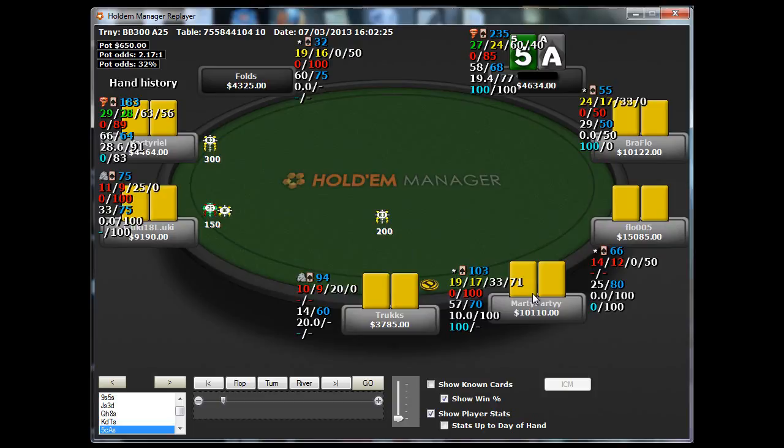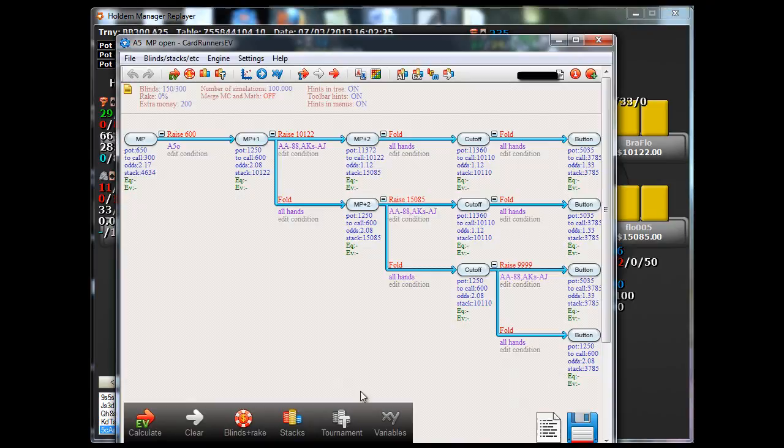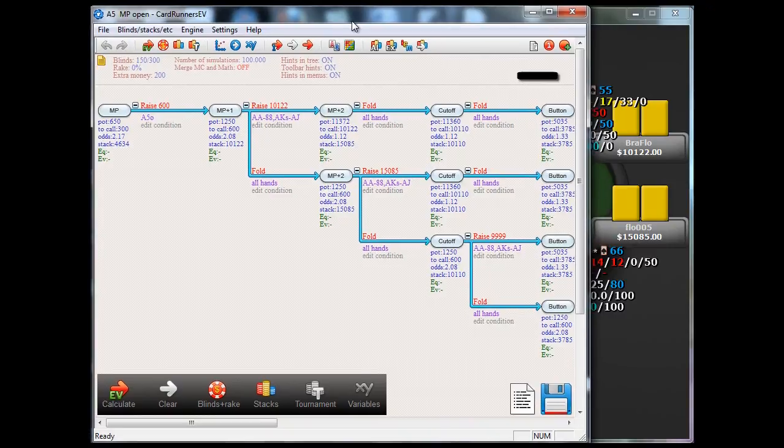So they're either going to 3-bet or fold, and you're not going to have to play post flop versus them. So whenever you're in that situation, you look to your left, there's regs, they're either 3-betting or folding, you can open very, very wide. So what I did was I pulled out the old Card Runners EV program,